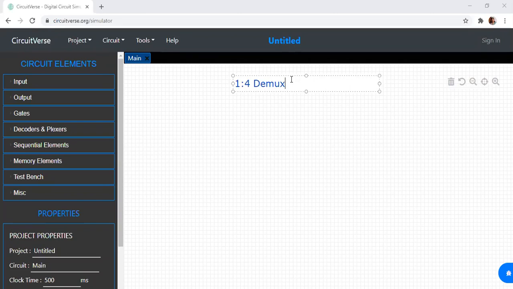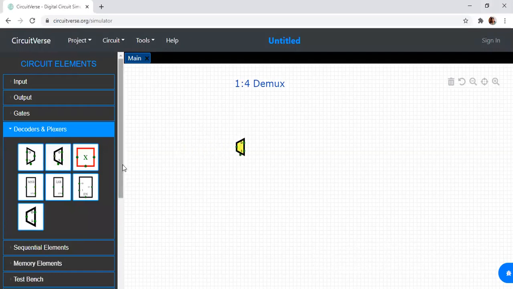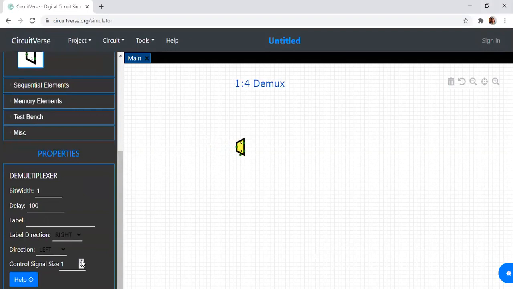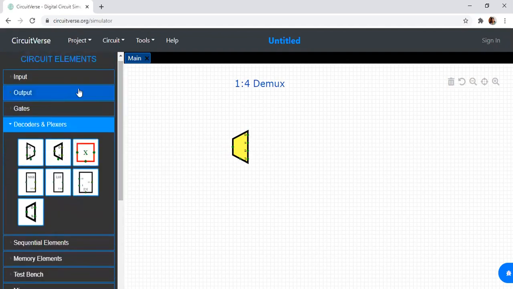I gave the Boolean expression for Y0 is equal to D into S bar, and for Y1 is equal to D into S1. Yes. So you have to draw the logic diagram utilizing the Boolean expressions. Now we are going to see a 1:4 demux. So I have a demux. It is a 1:4 demux. So 1:4 demux means 4 outputs. 4 outputs require 2 control signals.